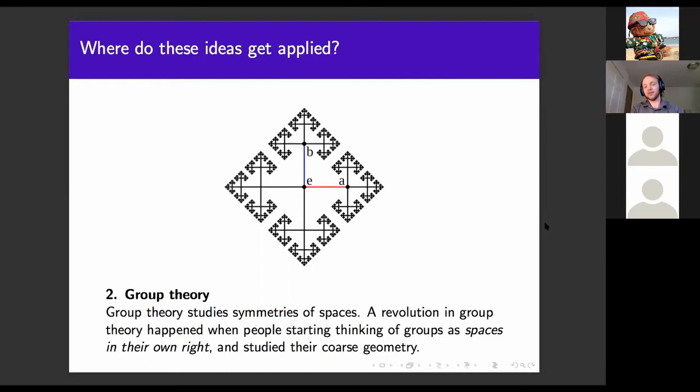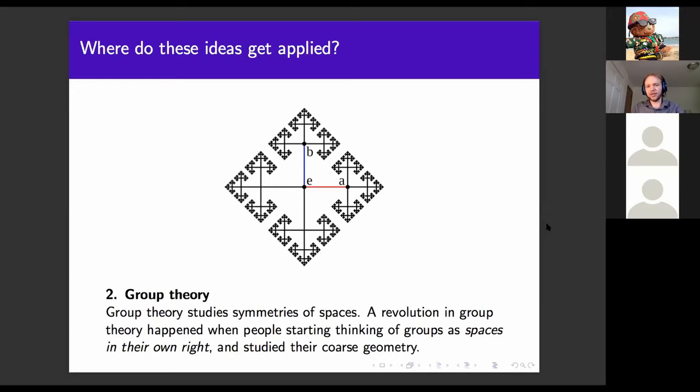Okay, here's another place which I really like, and I think is super accessible and fun, is group theory. So those of you who have taken a first course in algebra might have seen groups. Groups are little algebraic objects that encode the symmetries of spaces. That's sort of a good way to explain it. And they're often introduced as just algebraic things. They are sets with rules where you add and you subtract things, and there are some axioms that hold. Kind of like if you've seen what a vector space is, if you've done engineering mathematics, a vector space is a group. You can add things and subtract things, but it has a bit more going on for it.